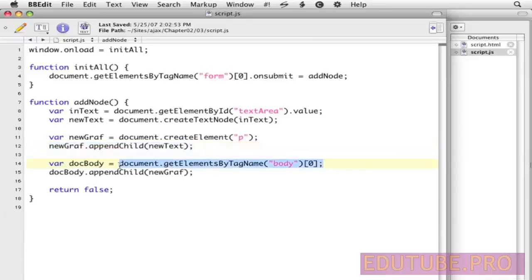What we do is we look at document.getElementsByTagName and pass it body. Unless there's a real problem with our page, there should only be one body tag, and subscript 0 gets the first one. That's stored in the variable docBody. And then we take our body tag and we append a child to that, which is our new paragraph. So at the very end of the body, we put a new paragraph containing whatever text we entered. And finally, we do a return false so that the form doesn't actually get submitted, because we don't need to go to a new page. Everything's being handled here. So now that we know what this is supposed to do, let's go back to Firefox